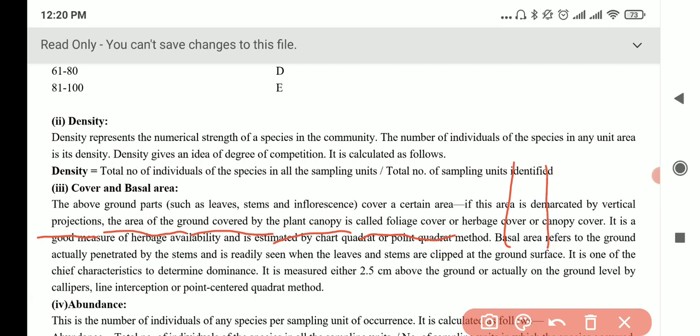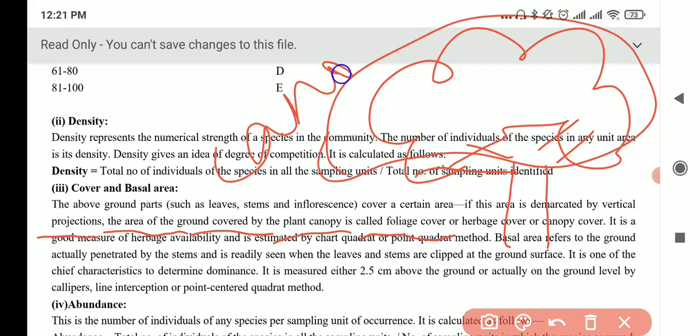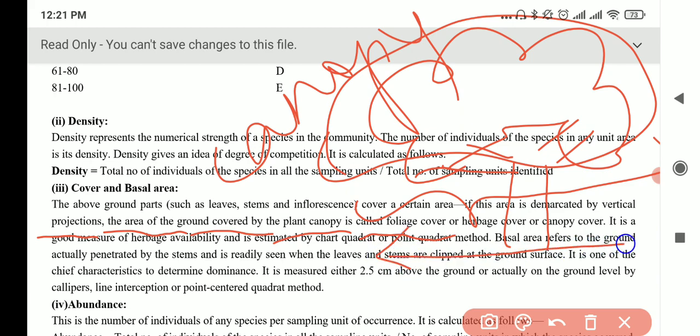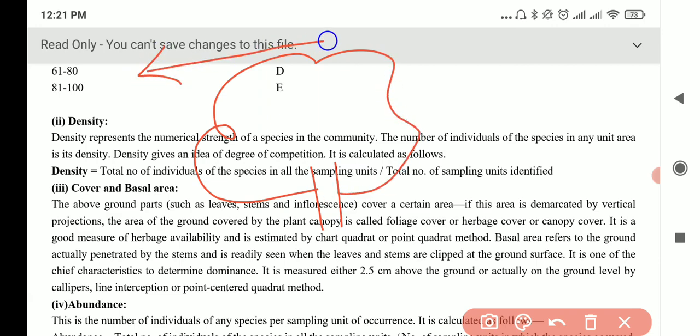Okay, if this is the tree and these are the leaves, so this entire thing is your canopy. Okay, and this canopy, it covers a certain distance, right? From here to here, it provides shade, no? So untidy, like this drawing. Okay. So from this distance to this, there is a canopy coverage. There is a certain area.